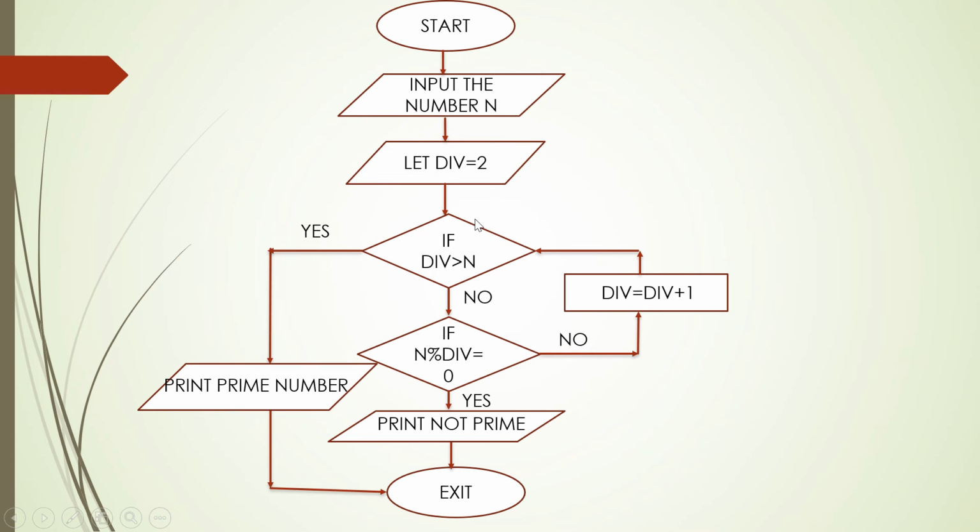और div 2 ही क्यों ले रहे हैं, क्योंकि 2 से पहले 1 आता है एंड एवरी नंबर इज डिविजिबल बाय 1, तो हम 1 से उसको चेक नहीं कर सकते, हम उस नंबर से खुद को भी चेक नहीं कर सकते, बिकॉज एवरी नंबर इज डिविजिबल बाय इटसेल्फ। तो ये दोनों कंडीशन हम नहीं ले सकते। सो वी हैव टू टेक अ नंबर फ्रॉम 2 टू that number which is 1 less than the number that is given by the user. अगर यूजर ने 5 दिया है तो हम 2 से 4 तक चेक करेंगे कि 2 से 4 तक 5 कहीं भी डिविजिबल हो रहा है कि नहीं।